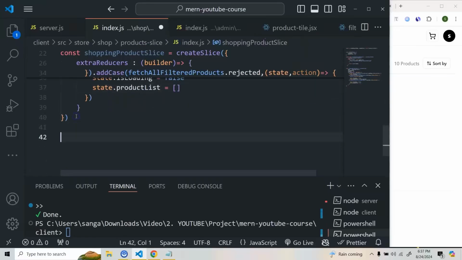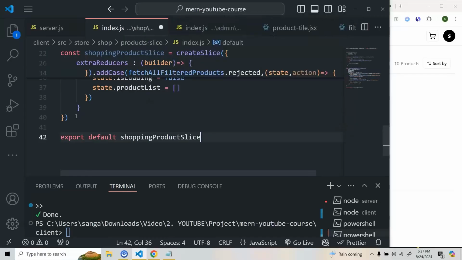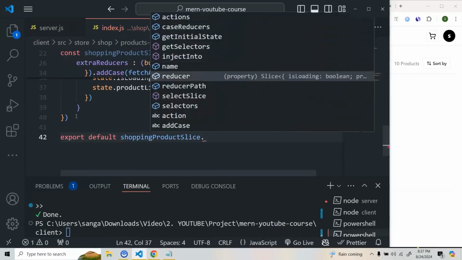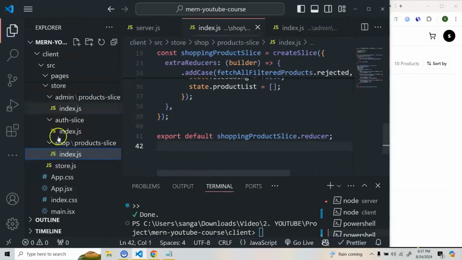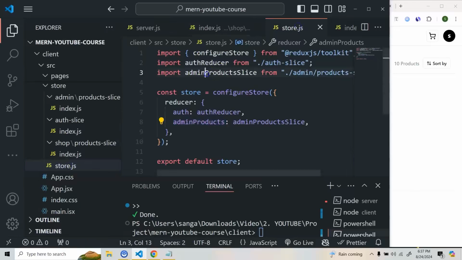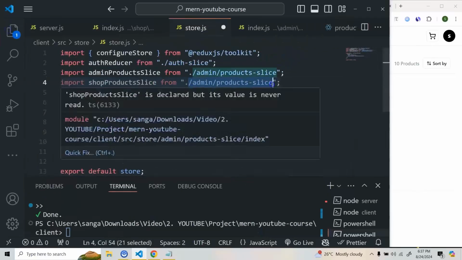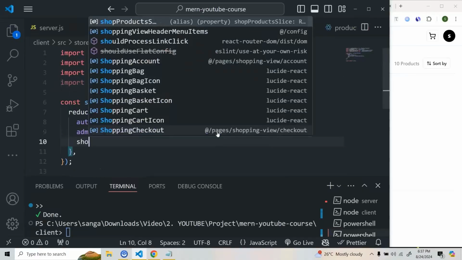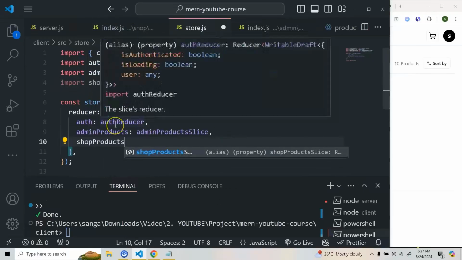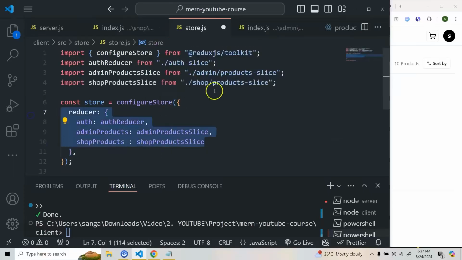That's it. So now I'm going to export it. So I'll do export default, and this is our shopping view product slice dot reducer. And I think this is done. So now we need to go to our store. Let's import it. So we'll do shop product slice, and we need to go to shop / product slice, and I'll give this one as shop products. So we have admin products, and then we have shop products. That's it. So now let's save it,